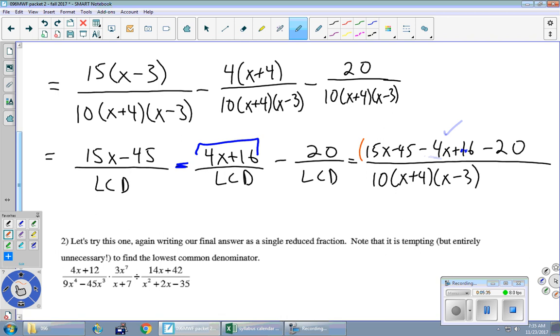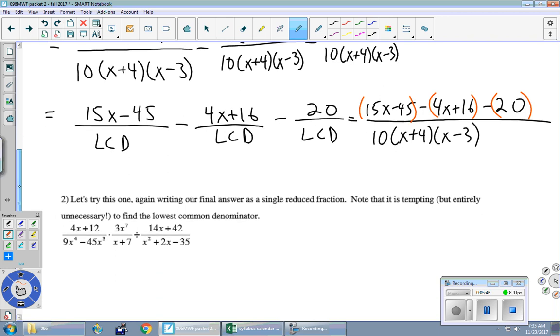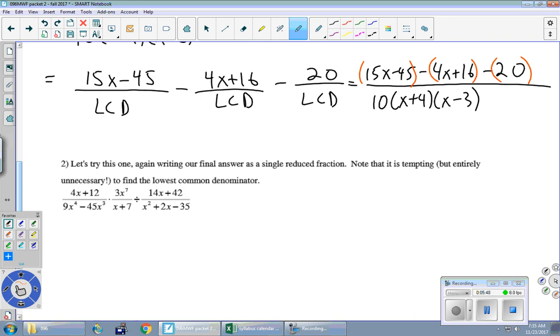So just put parentheses as part of the process every time we add and subtract fractions. And this one step right here, that's the key. It's the most common place to make a mistake. Okay, so now we are ready to distribute those minus signs through. So 15x minus 45, distribute the minus sign, minus 4x minus 16, and then there's a minus 20. I'll be lazy one last time here, LCD equals,